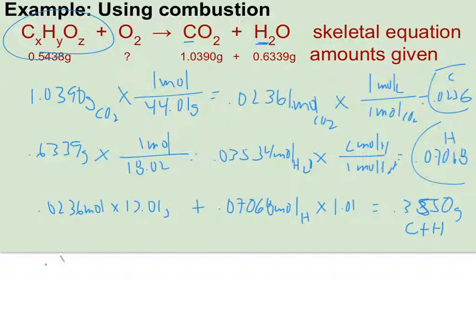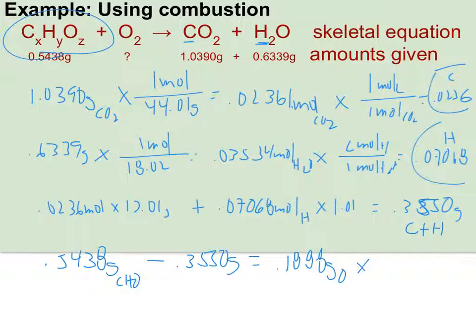So now I can take my 0.5438, the original mass of the CHO, the unknown, minus the 0.3550 grams that we know is carbon and hydrogen. And when I subtract those, I get 0.1888 grams. That's got to be my oxygen. So how many moles of oxygen is that? Well, if I divide by 16 grams,